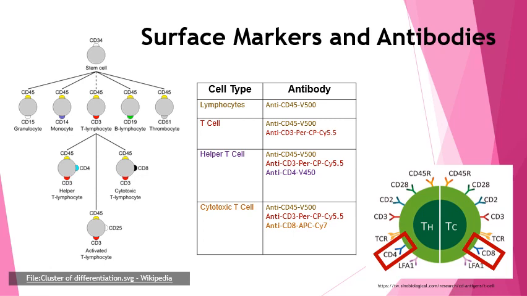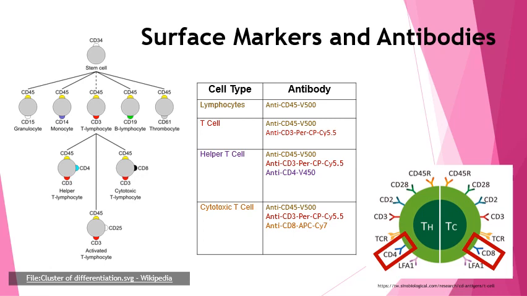But the different subsets will have additional CD markers that help to identify those. So antibodies in flow cytometry will have a conjugated fluorochrome to those antibodies. And the fluorochrome is what is used by the instrument and by the lasers to detect those antibodies and detect those cells. So looking at the chart here in the middle, we see the cell type and then the antibody